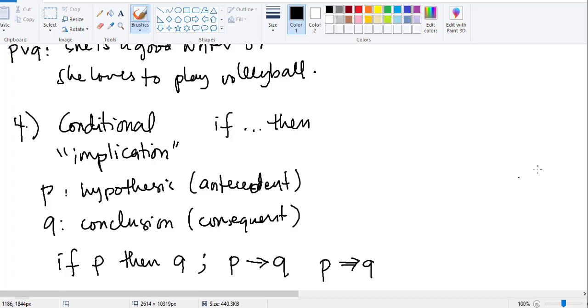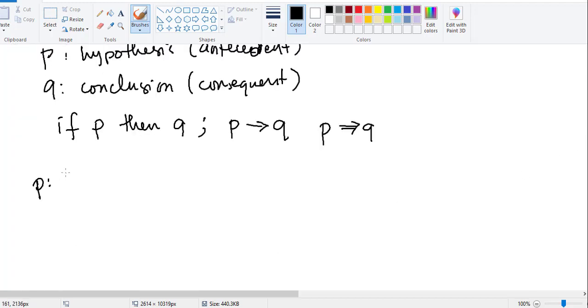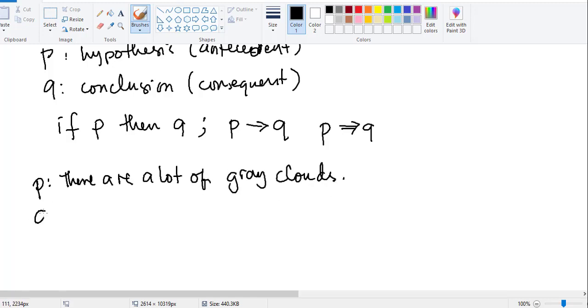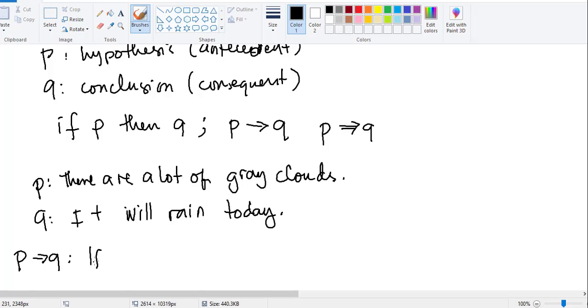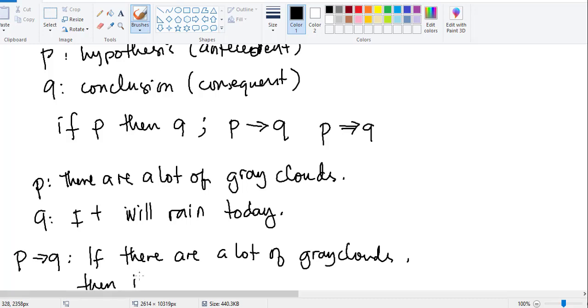So let's say, for example, let's say ang P natin is, there are a lot of gray clouds. Q, it will rain today. So your P implicating Q will then look like if there are a lot of gray clouds, then it will rain today. Okay? So next we have